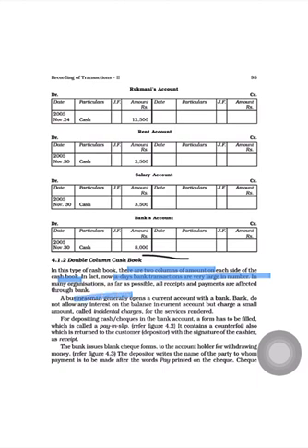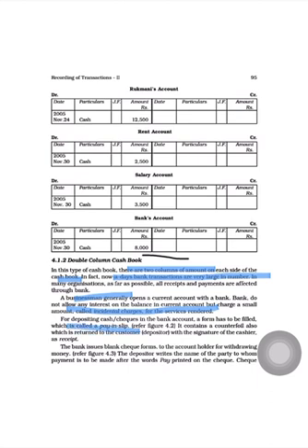Generally, a businessman opens a current account with the bank. The bank does not allow any interest on that. As we all know, on a current account there will not be any interest given by the bank, but it charges a small commission called incidental charges for the service rendered.